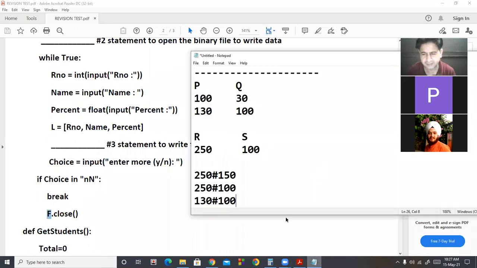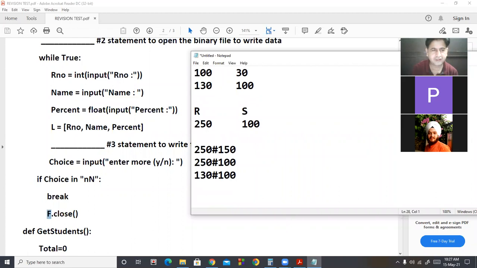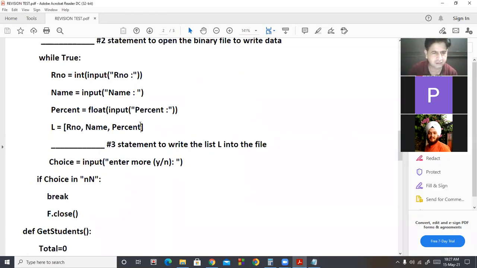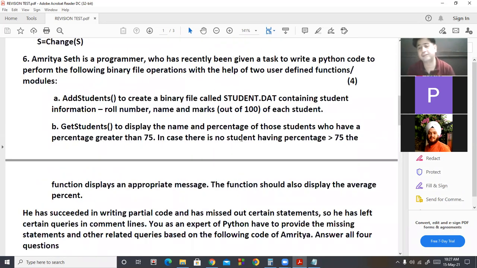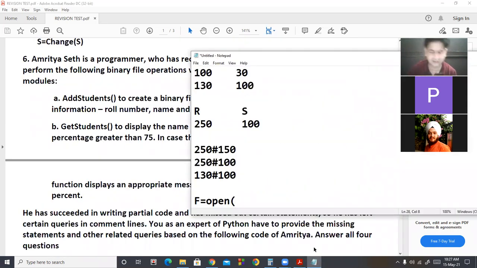Okay, now look here. The statement will be F equal to open, then bracket start. The name of the file is not here, so we will have to check where the file name is. The file name is student.dat, so in double quotes, student.dat.